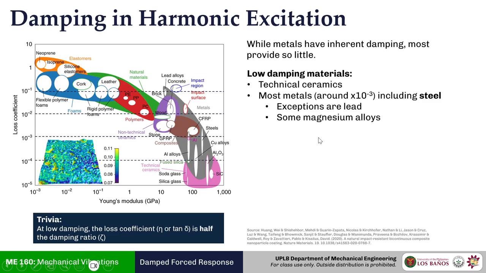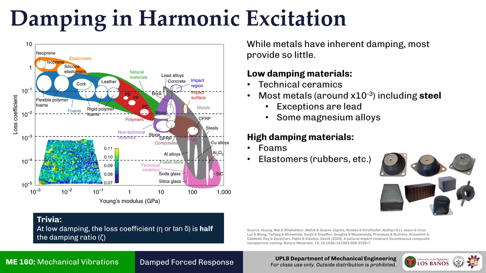So may mga certain exemptions dito, pero we usually don't see them in vibration control or vibration suppression. Ngayon, on the other end, meron tayong mga bagay na mababa yung Young's modulus, pero matindi yung loss coefficient or damping ratio. These are foams or rubbers. Kaya kadalasan if you search for vibration absorber or vibration isolator, ang makikita mong mga bagay-bagay ay itong mga components